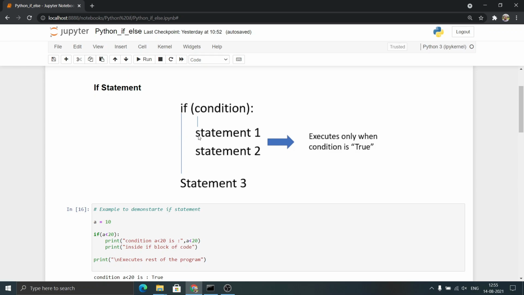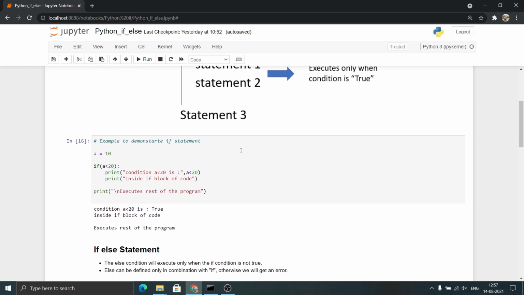In Python, if we give indentation, we are telling Python that statement 1 and statement 2 come under the same block. By giving the same indentation level, you can see that they are aligned perfectly vertically. Indentation is nothing but starting from the same position. The statements should start from the same position. Then the statements at the same indentation level will be treated as a block of code. These statements will execute if and only if the condition is true.